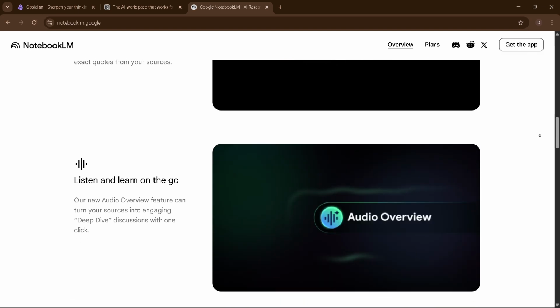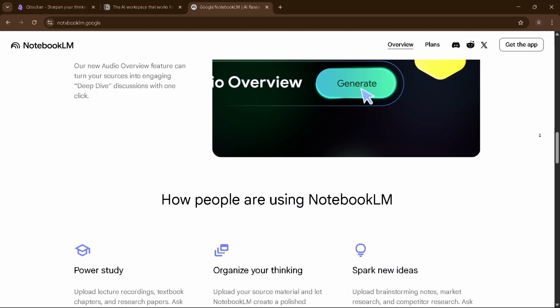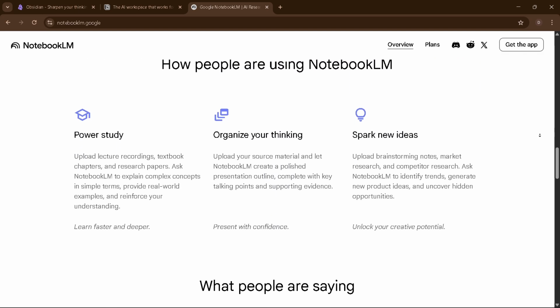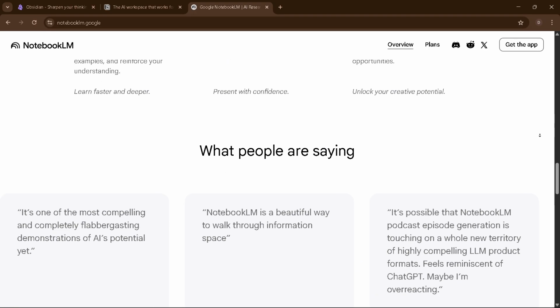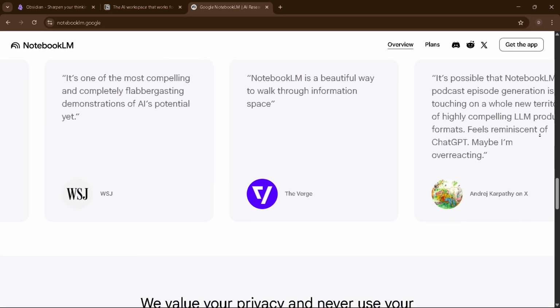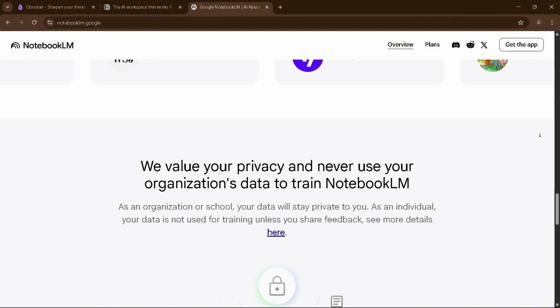In short, use Obsidian for private, long-term thinking, Notion for team projects and organized layouts, and Notebook LM for fast research and AI summaries. Each one is great at what it does, so pick the one that fits your workflow